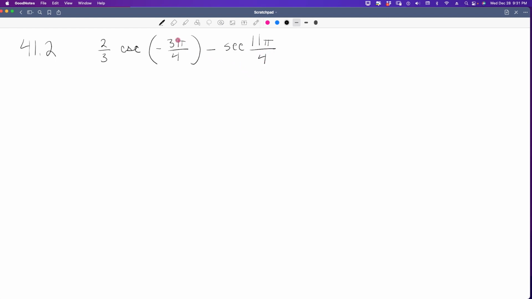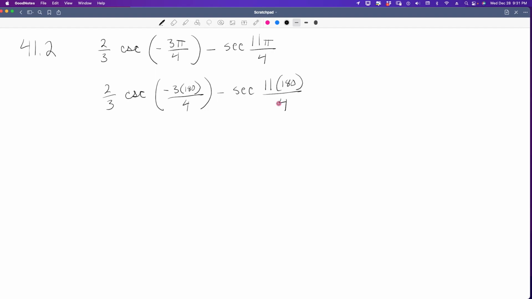So remember, with this pi, all we have to do is substitute in the value of 180 degrees. So 2/3 the cosecant of negative 3 times 180 divided by 4 minus the secant of 11 times 180 divided by 4. So when we do all of that math,